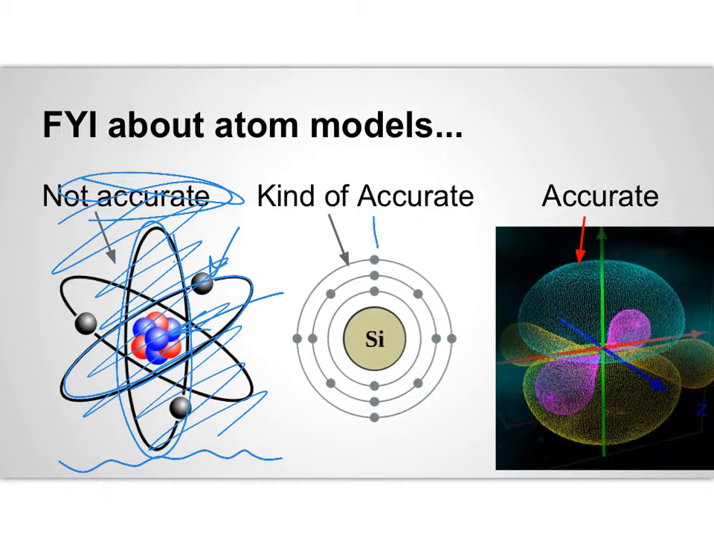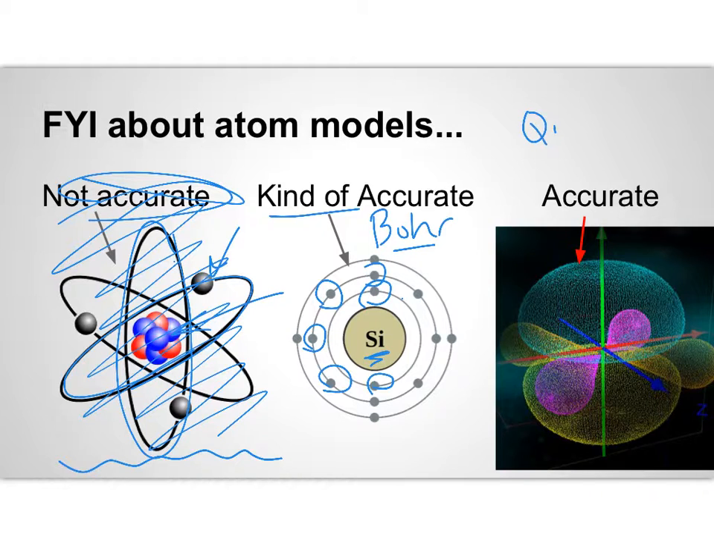This is what we call a Bohr model, and this is kind of accurate. So here we represent the nucleus by its atomic symbol. In this case, it's silicon. And then we show the electrons in these rings outside of it. And there's certain numbers in each of the rings for very specific reasons, which we are going to learn about a little bit later. So we say the Bohr model is kind of accurate, but what is the most accurate